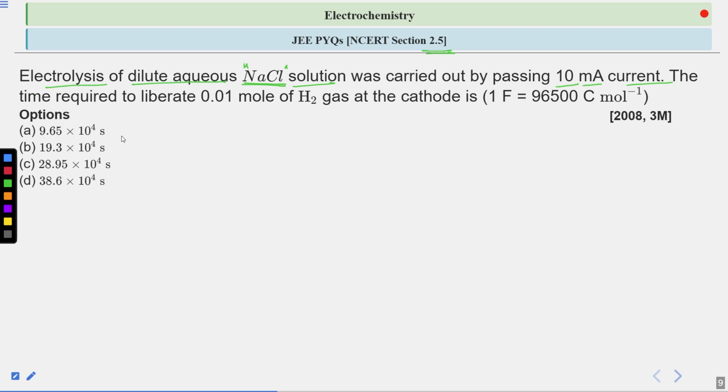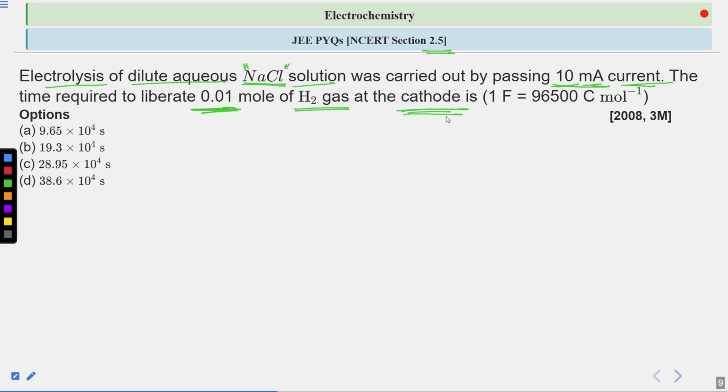So we are doing the electrolysis of this NaCl solution by passing the 10 milliampere current through it. Now the time required to liberate 0.01 mole of H2 gas at the cathode is now. So here we are talking about the electrolysis of an electrolytic solution of sodium chloride, where we are passing the 10 milliampere current, and you have to tell the time we require to liberate only this much amount of H2 gas